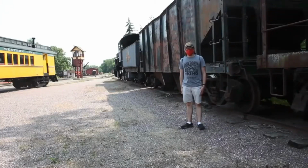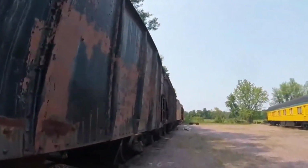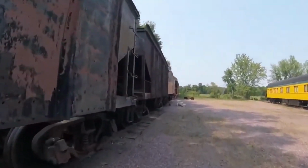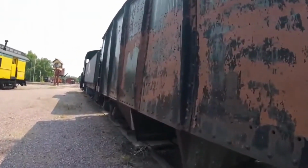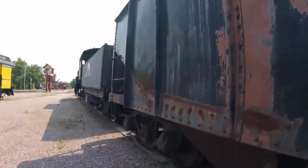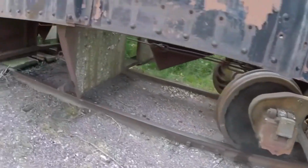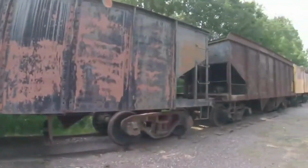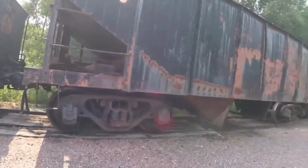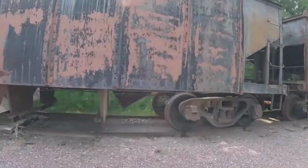What you see right behind me is Green Bay and Western 4567. Green Bay and Western 4567 was built by Vulcan Iron Works in Wilkes-Barre, Pennsylvania in 1905 and is a 2-bay hopper car. This car was built for an unknown customer. It then soon came into the hands of dealer Briggs and Turrivis, who then sold it to Kewanee, Green Bay and Western Railroad in 1929. For many